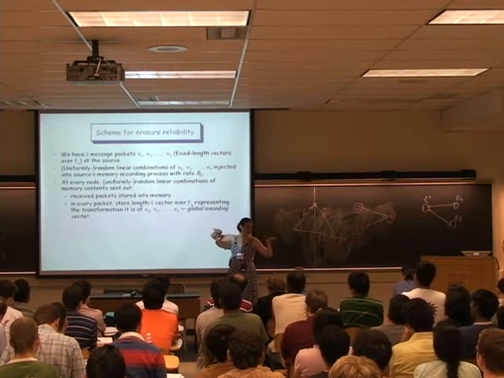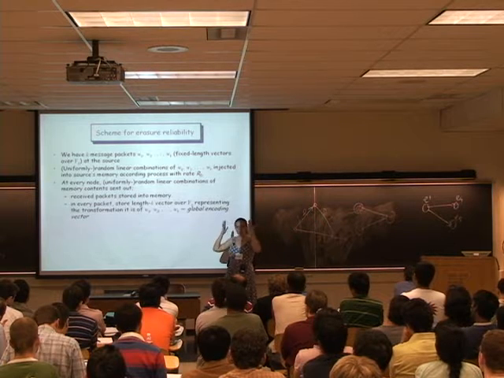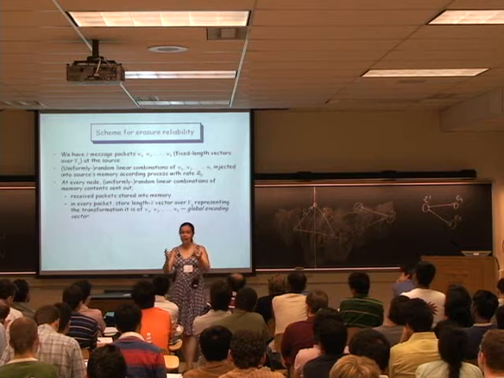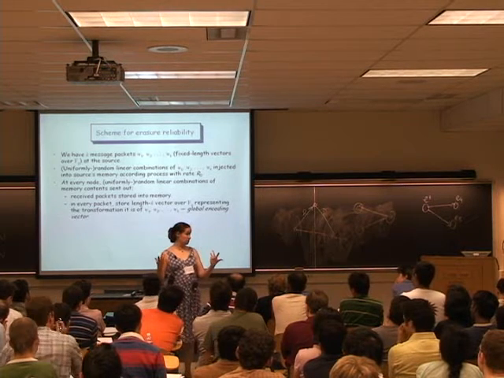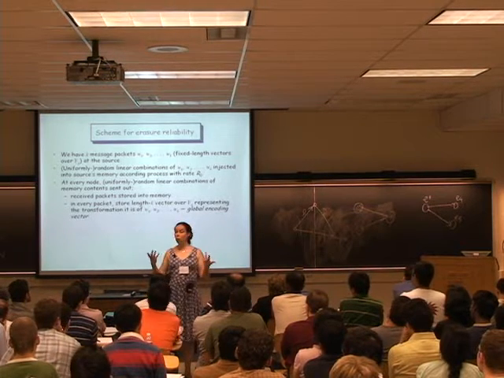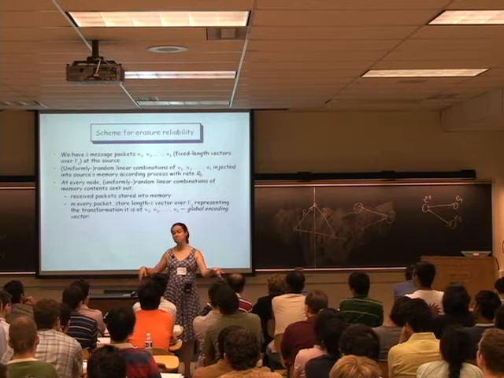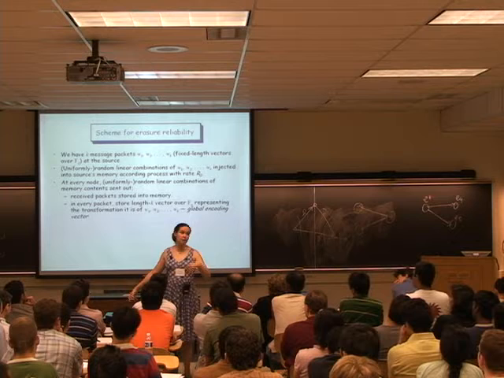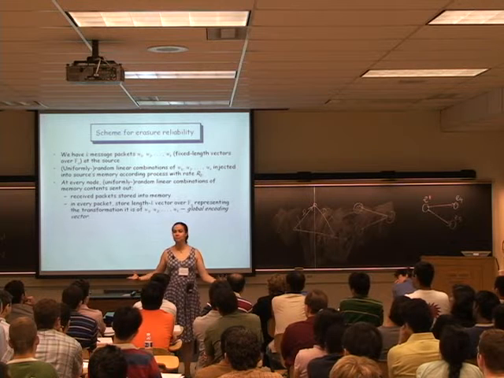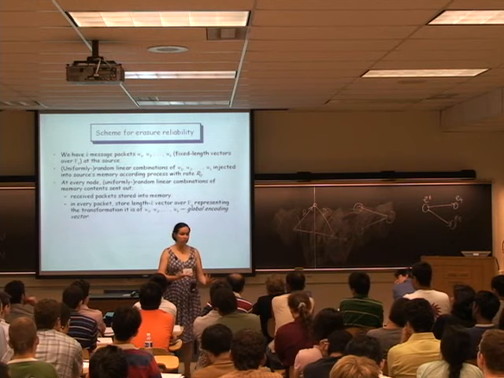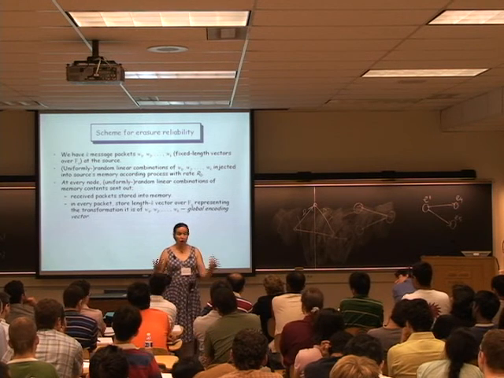Think that these are original packets. I want to send k packets. So a packet itself has a header which says, I am a packet composed of alpha times packet 1, beta times packet 2, gamma times packet 3. This is my description as a coded packet. This is the code which I carry with me. So an initial